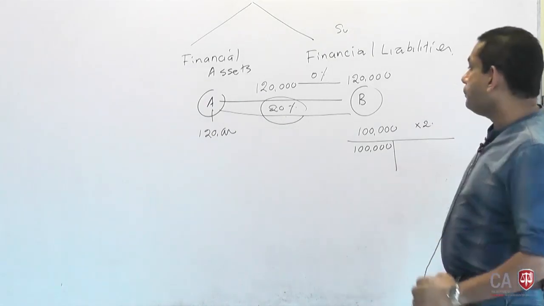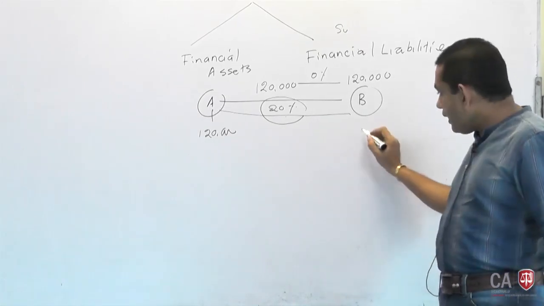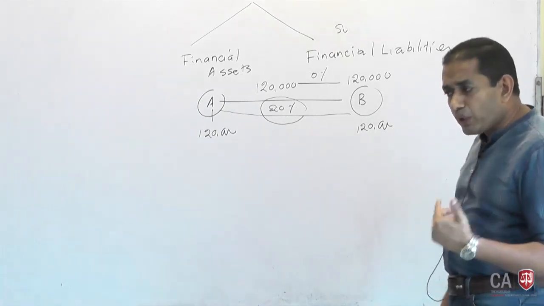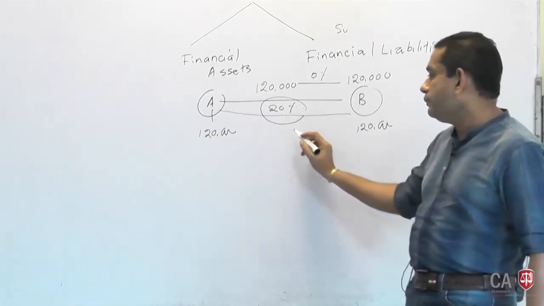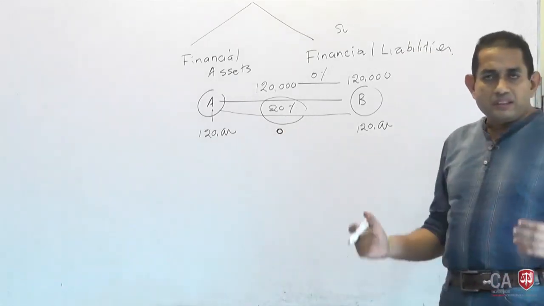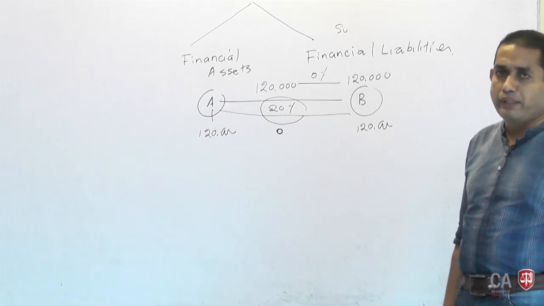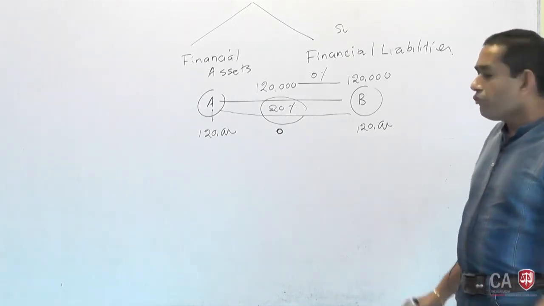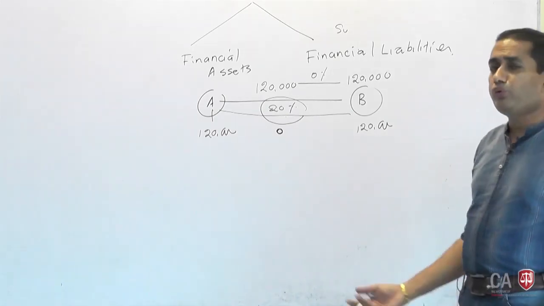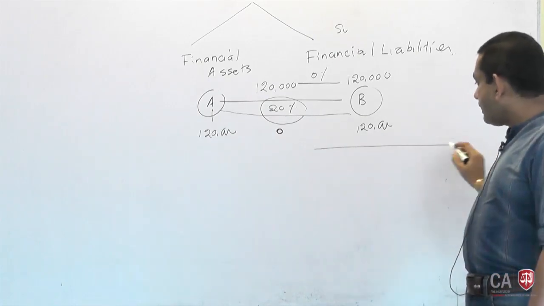Then the subsidiary company says, no, since you are our parent company, we are granting 120,000 rupees loan, expecting 120,000 rupees in 1 year's time. Now this transaction is at 0%. Since it is not at the market rate, the transaction is no longer at arm's length or on commercial terms. Where the transaction is not arm's length, the values are not considered to be fair values, then you can't do the accounting for financial instruments. You need to find out fair values. How?